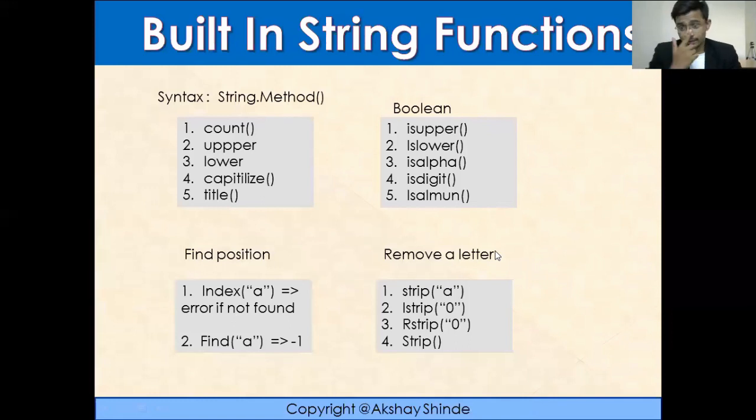Yes. So index is always there, in whichever programming language you go to. If you are dealing with objects like strings, index will always be there. Index will give you the exact position of the letter, but find is the advanced function which will help you find the position. The work is the same, but if you want to build robust code which should not fail at any cost, then you have to use find. Index was there by default in Python 2 and Python 3 as well, but find was added in Python 3.